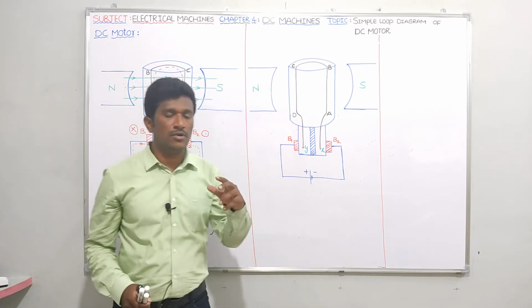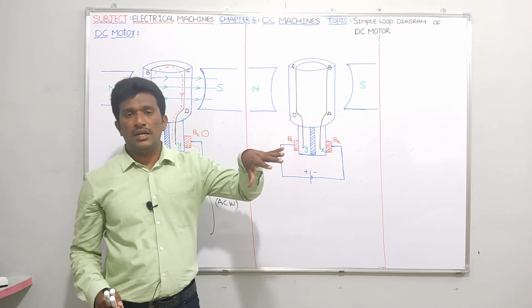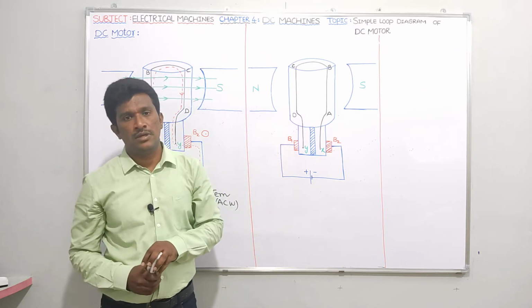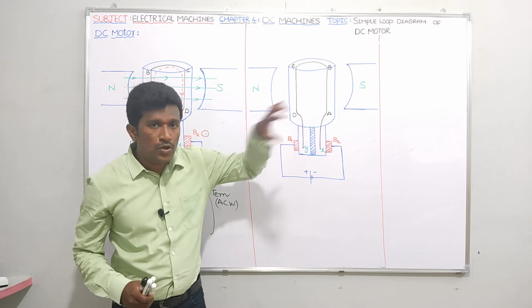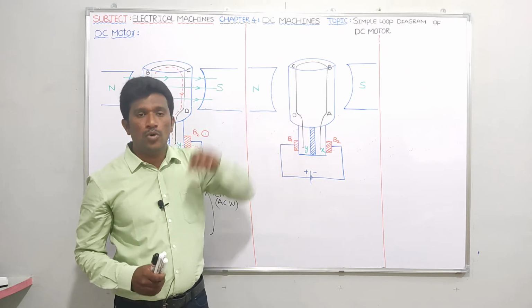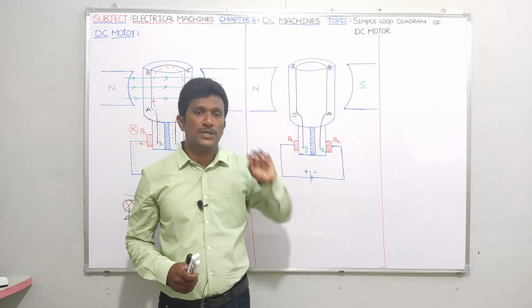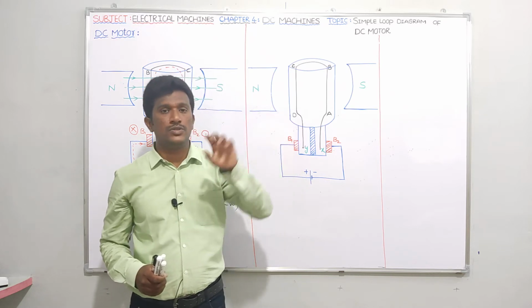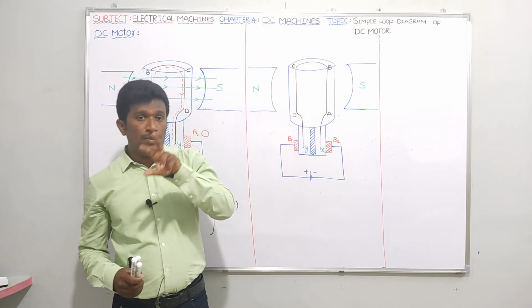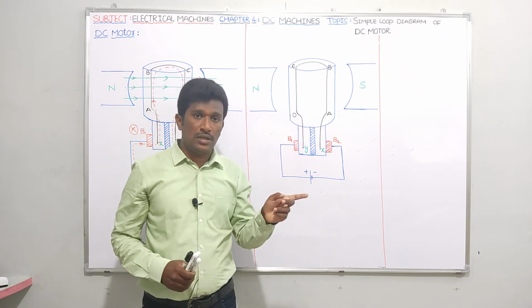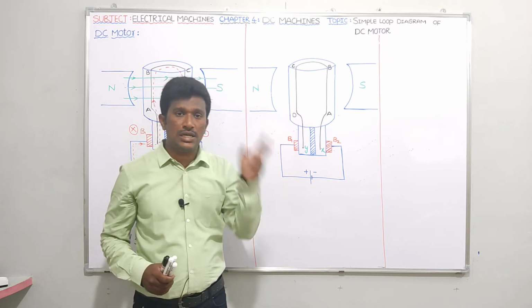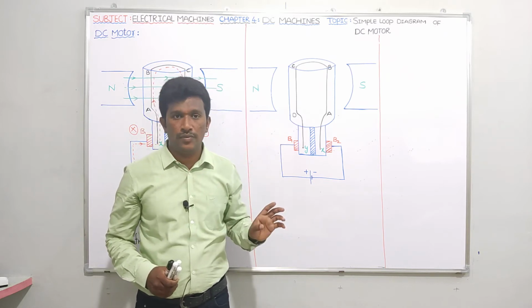Right. Now guys, as I told you in the previous discussion, in a DC generator, and not only a DC generator, it is applicable for an alternator also, in a generator, motor action will take place. What is the input torque in the generator? Prime mover torque. Because of motor action, electromagnetic torque is produced. Whenever electromagnetic torque opposes the prime mover torque, then only mechanical energy will be converted to electrical energy. I already explained this in the previous video.